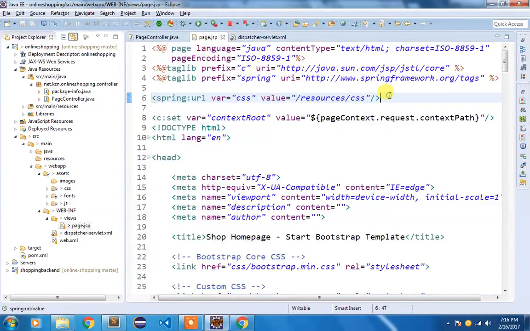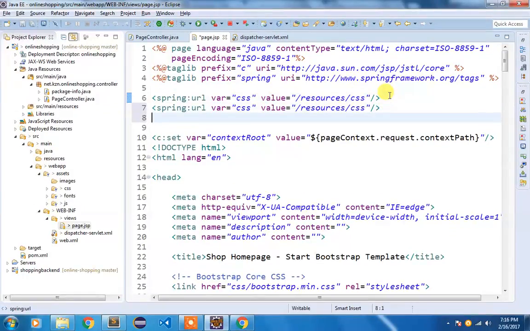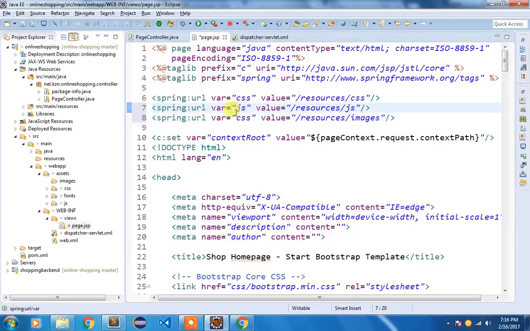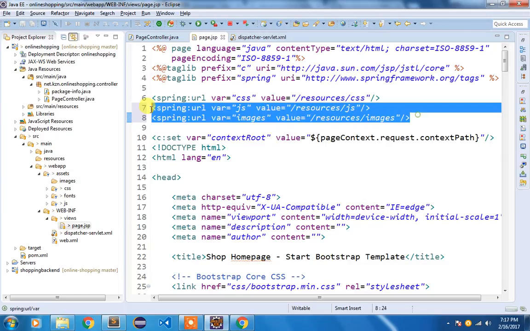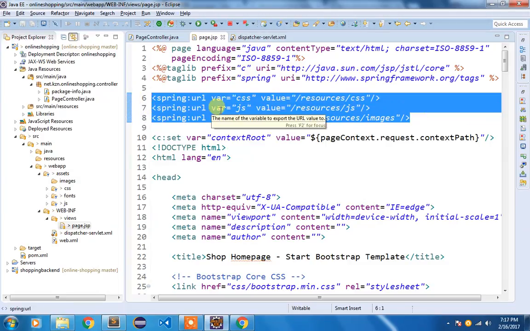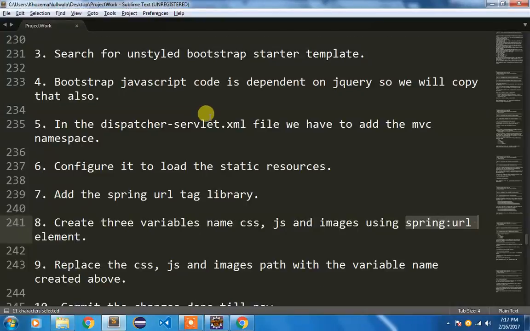I'm gonna add two more variables here. One would be related to JS and another would be related to images. Here also it will become js and it will become images. So these three variables we have to create to load our static resources.